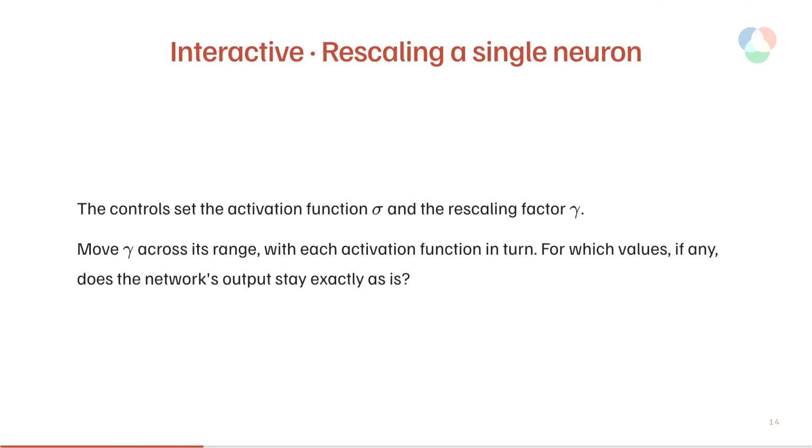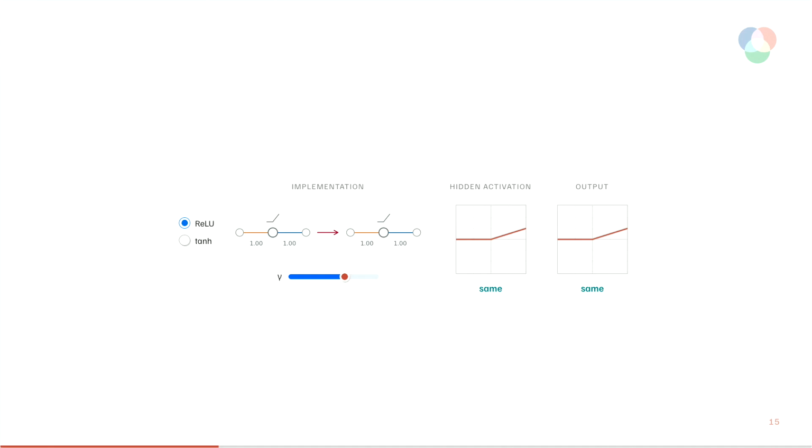So this is the next interactive. As I said, I'll skip the instructions and instead show you what you can do. So now on the very left here, you can switch between the 2 activation functions I showed you. So you have the ReLU activation function and the hyperbolic tangent, and you can switch between those by just toggling them. And then here you again see a network very similar to what Lukas showed you, 1 input, 1 hidden neuron, 1 output, and we start with both weights just equal to 0. And then you can play around with this slider, with this scaling parameter, and this will change the